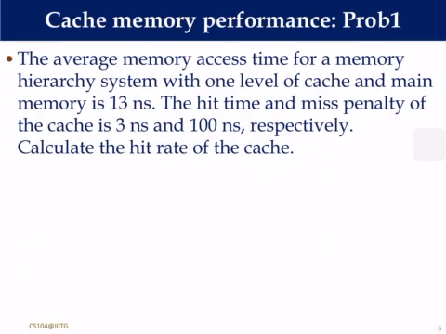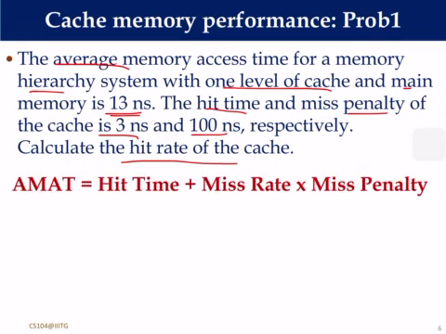So it is given that the average memory access time for a memory hierarchy system with one level of cache and main memory is 13 nanosecond. The hit time and the miss penalty of the cache happen to be 3 nanosecond and 100 nanosecond. So everything is given, right? You are supposed to find the hit rate of the cache. This is already known to you. How this has come, we have already explained,